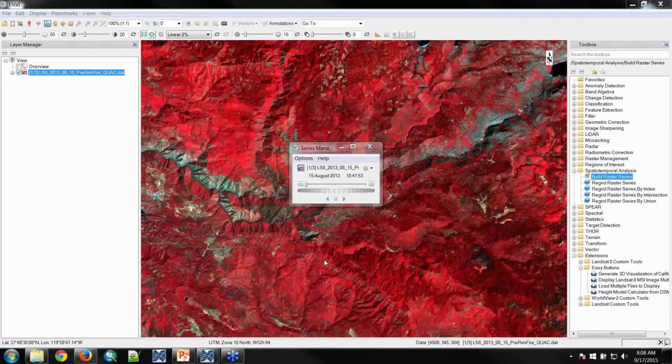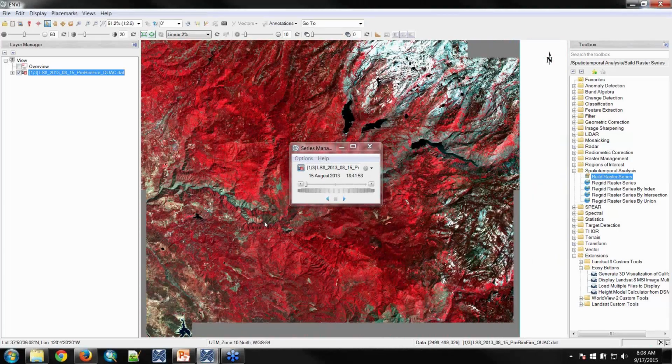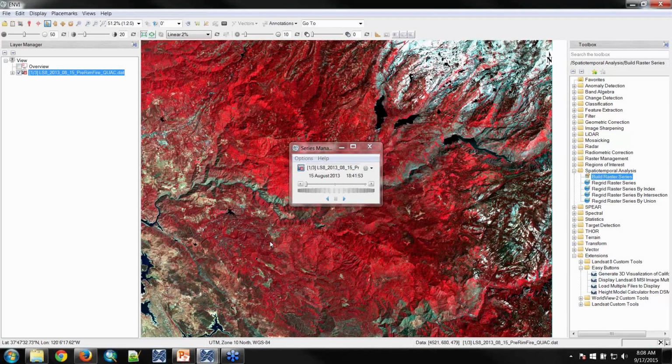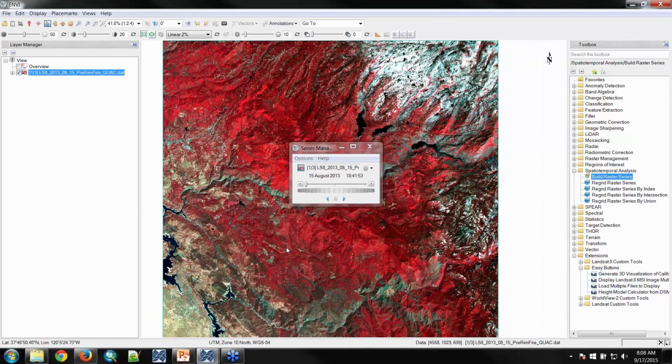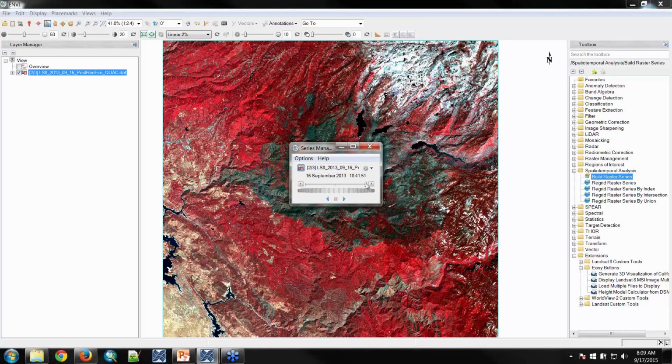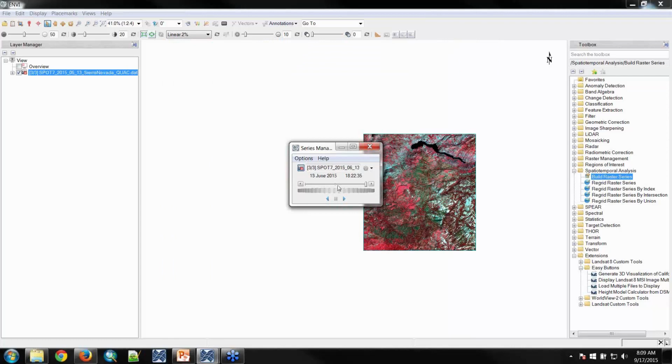All right, so our raster series has been built, and this is really handy for being able to scroll through the images in our series. This is just an example for a demonstration, but imagine if we had maybe 10, 20, 30 different images in this raster series. In the past, we would have had to manually turn images on and off in the layer manager. We could maybe use our portal window to view them. Now we can simply click through them in our series manager